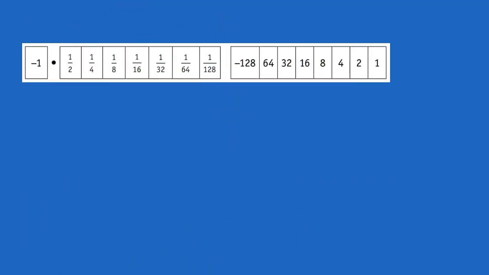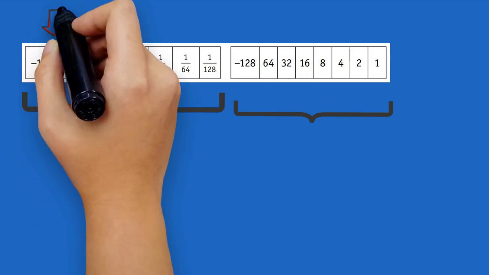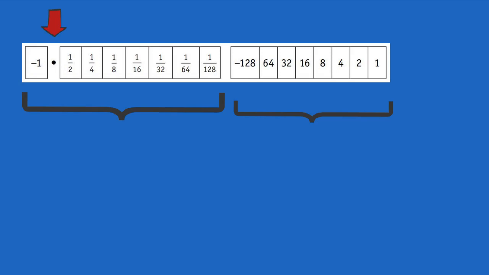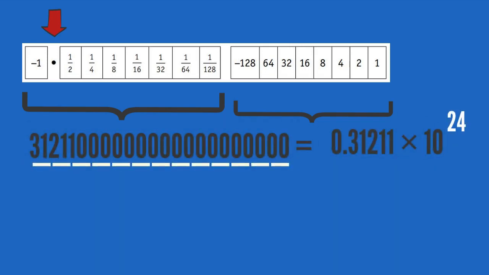In our examples, we will assume a computer is using 8 bits to represent the mantissa and 8 bits to store the exponent. A binary point is assumed to exist between the first and second bits of the mantissa. Again, using binary as our example, a number such as 0.31211 × 10^24 can be written as